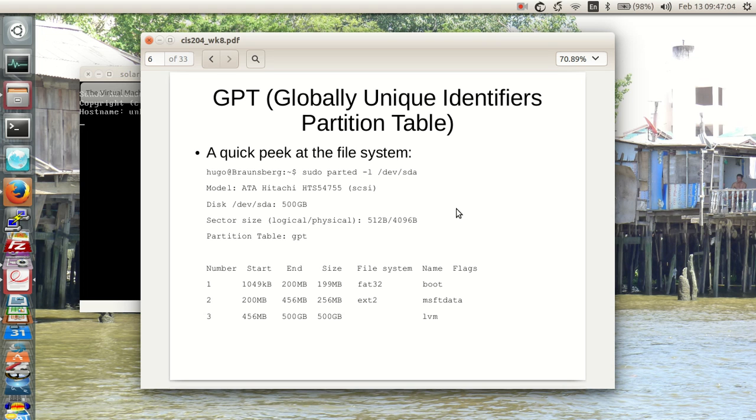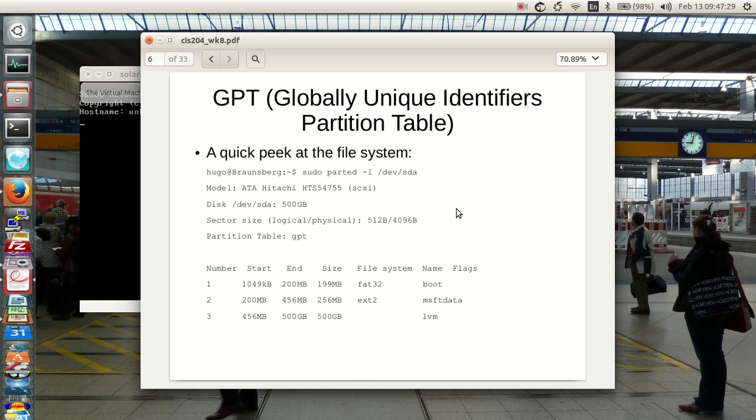The partition table is GPT on this device. I have a partition 1, which is a boot partition, a partition 2, which is an MSFT data, and partition 3, which is the logical volume manager, which has the rest of the data in it, including the home and my documents and everything else sitting in the logical volume manager partition.